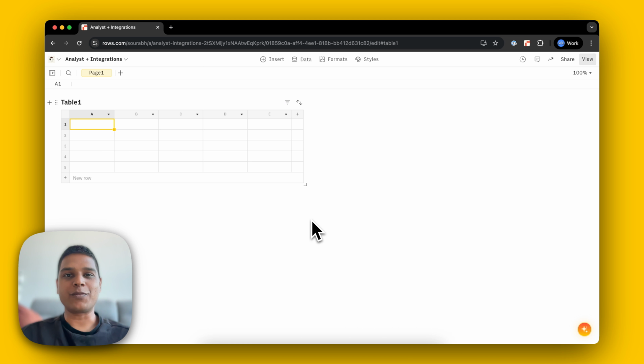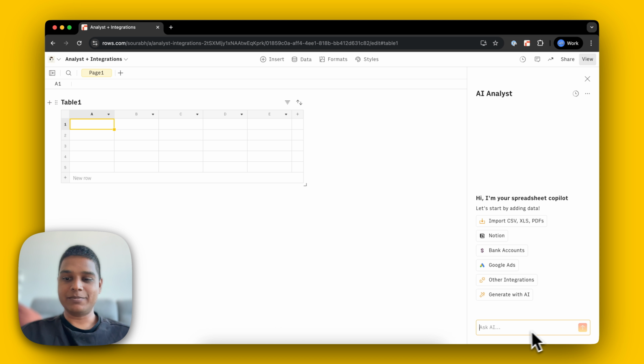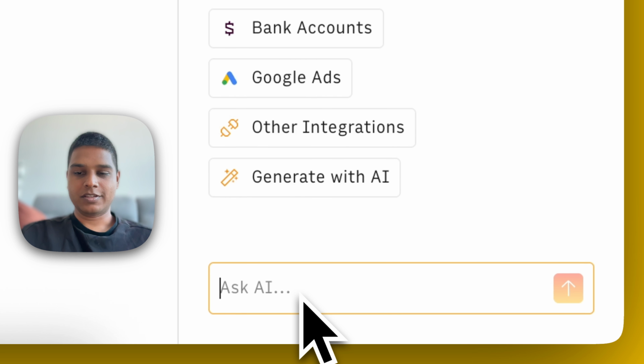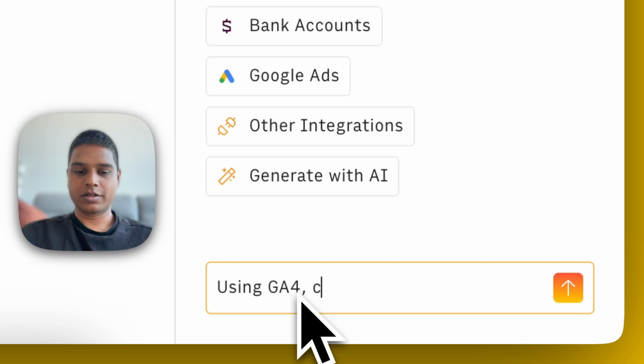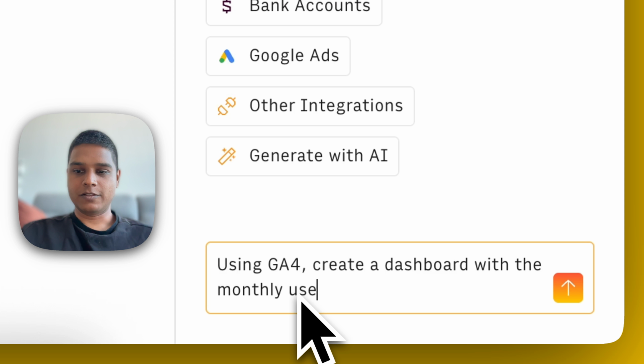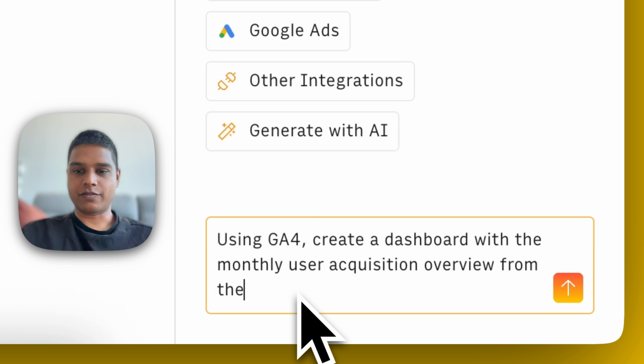In this video, we'll be looking at how you could fetch data from our integrations using the Analyst. Let's dive right in. The first thing I'm going to do is open our AI Analyst here and then prompt it like so. Using GA4, create a dashboard with the monthly user acquisition overview from the last 3 years and